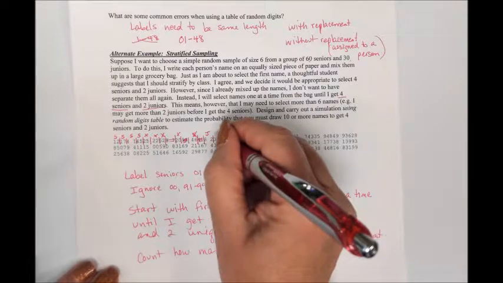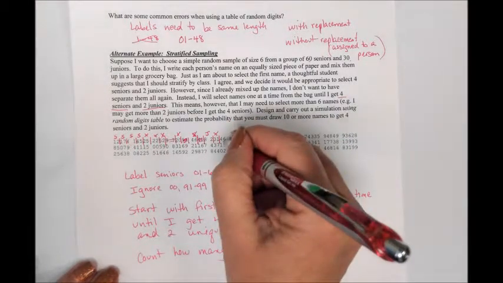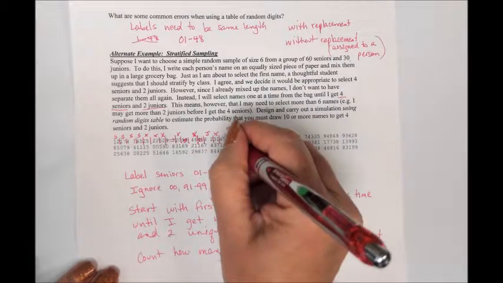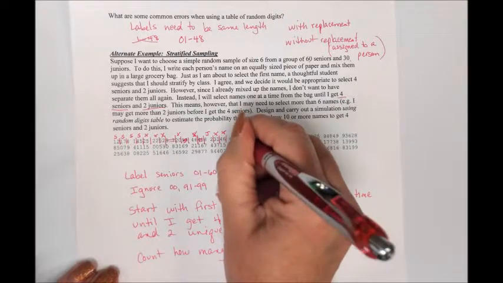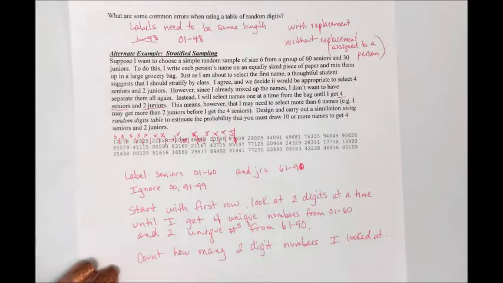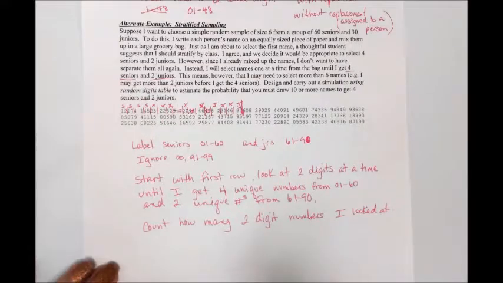31, again, a senior that I would ignore. 46 is another senior that I would ignore. And here's where I can finally stop my trial, because I have my 4 seniors and my 2 juniors. So in trial 1,